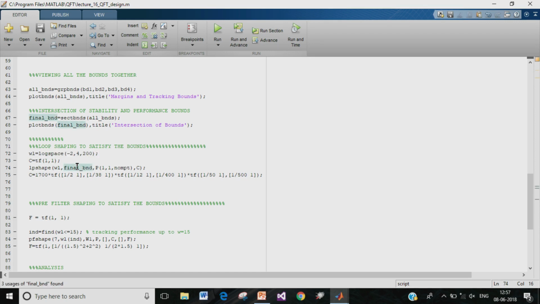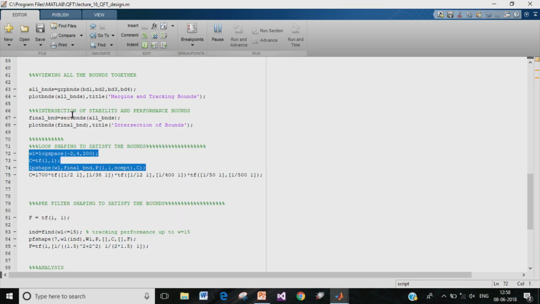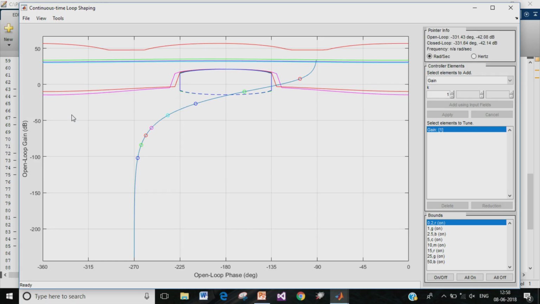And the second input to this command is the intersection of all the bounds, the third input is the nominal plant, and the fourth input is a controller. Now, at the start of the design our controller transfer function is just C is equal to 1 because we have not yet obtained the controller that satisfies all the bounds. However, if we run this part of the code, we will be led to a window where we can interactively perform control design.